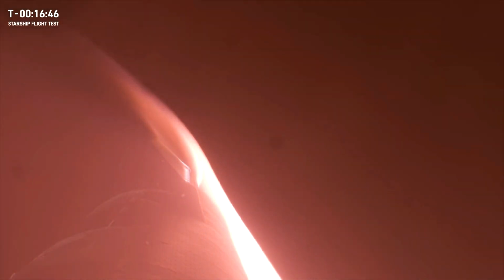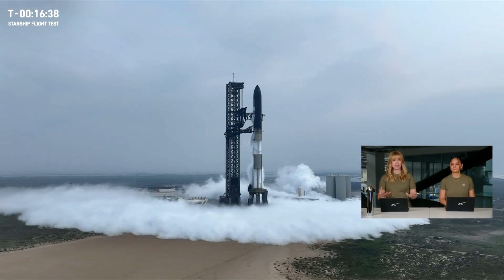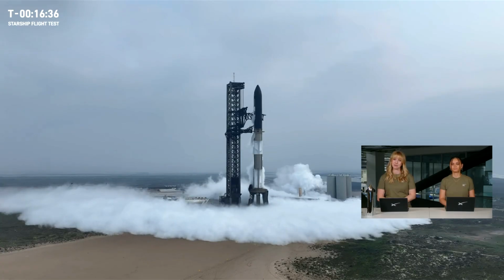In fact, one cool observation from that Flight 3 was seeing how shock waves form at different parts of the vehicle and how they interact to put pressure on the ship, especially the flaps. This is really valuable for Starship since no spacecraft has ever flown with 4 movable flaps like what we use for aerodynamic control. Starship's greatest strength will be rapid and reliable reusability, and Starlink has become a critical tool to